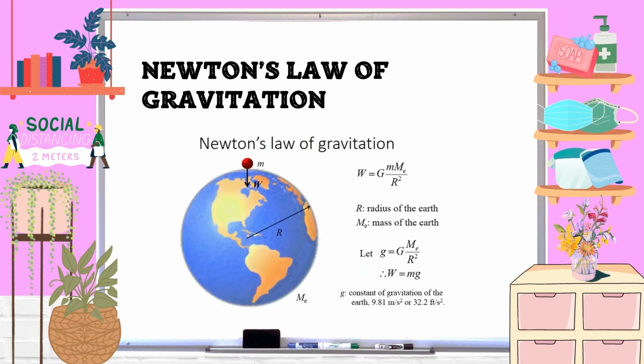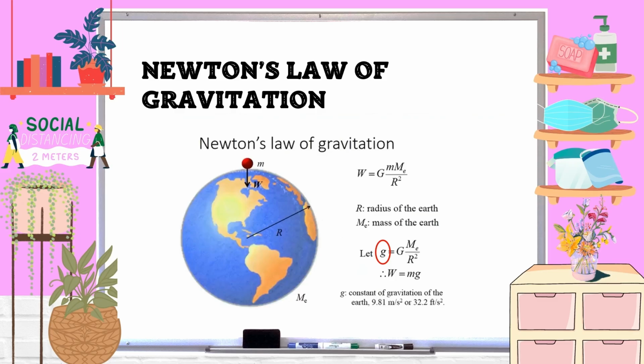But we do feel the gravitational force exerted by Earth on us. We follow the same equation for the gravitational force, but substitute a constant Earth's radius and mass and collect all constants into one constant, which is represented by small letter g. You are much more familiar with small letter g, which is approximately the constant of gravitation of the Earth we use, which is 9.81 meters per second squared for the SI unit system and 32.2 feet per second squared for the US customary system.